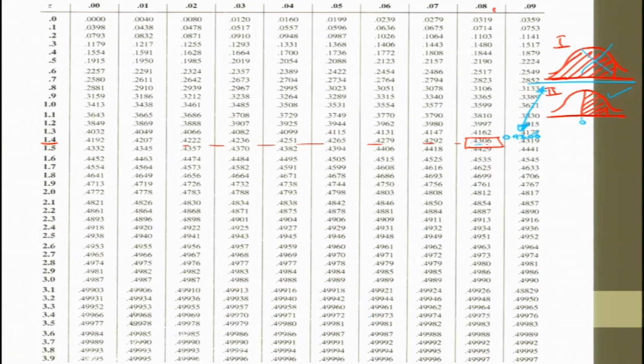For 0.24, let me see the value 0.2. 0.2 is here and 0.2 and 4. Okay. So, I have got the value 0.948, this value is there,